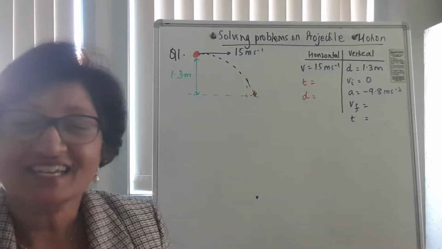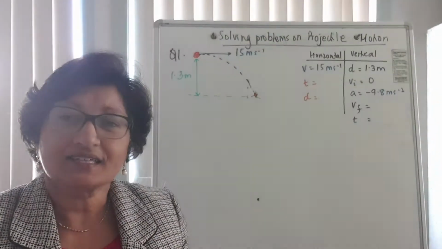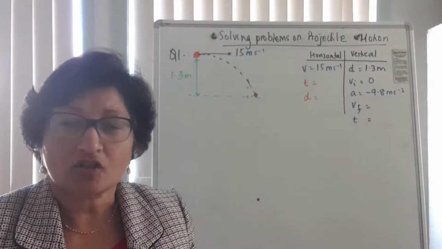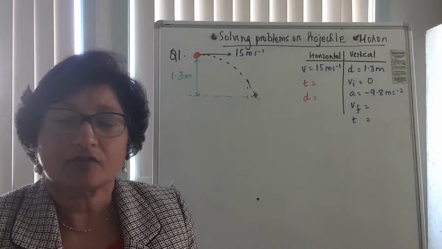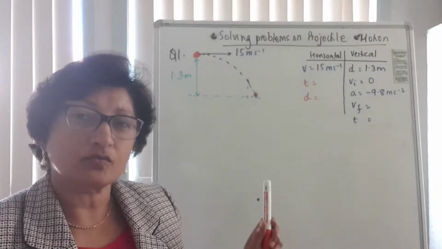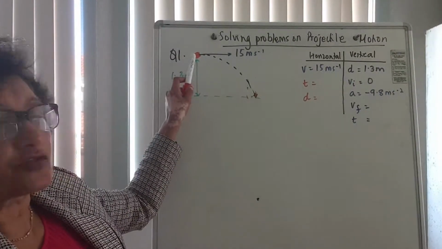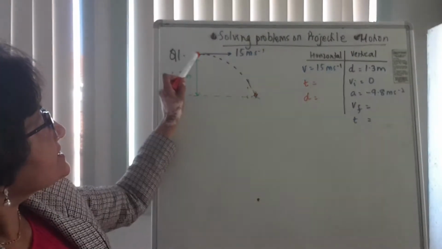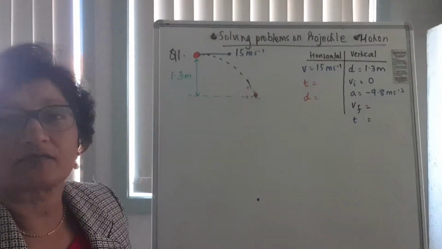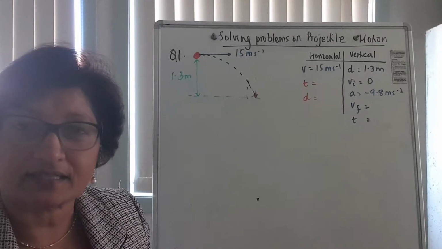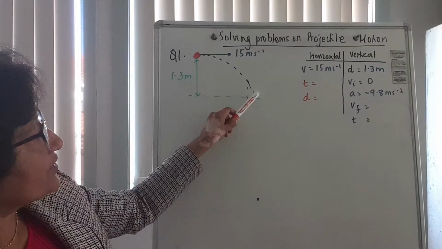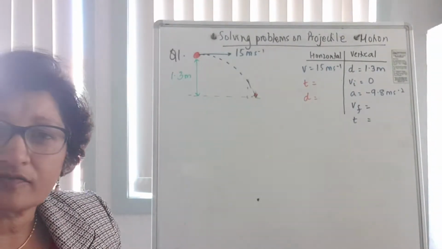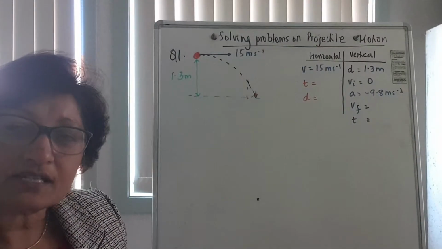Hi everybody. So this lesson is a problem solving one about projectile motion, and I'm solving question 1 from your books, and this has to do with a cricket ball that's been thrown from a height of 1.3 meters, and it's thrown with a constant velocity of 15 meters per second, and it lands somewhere on the ground over there. So there's a whole lot of things for us to find out, and I'm going to take you through it